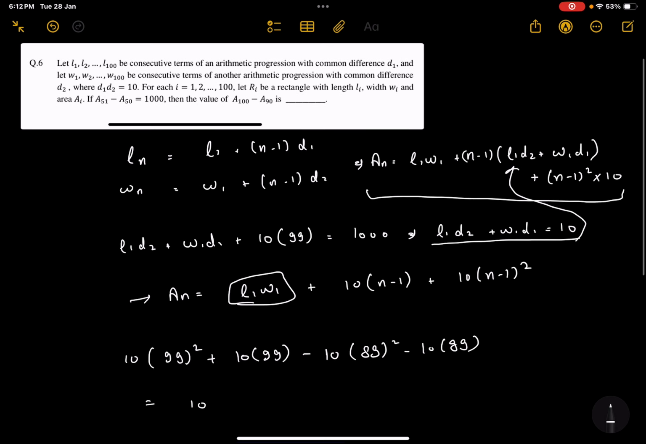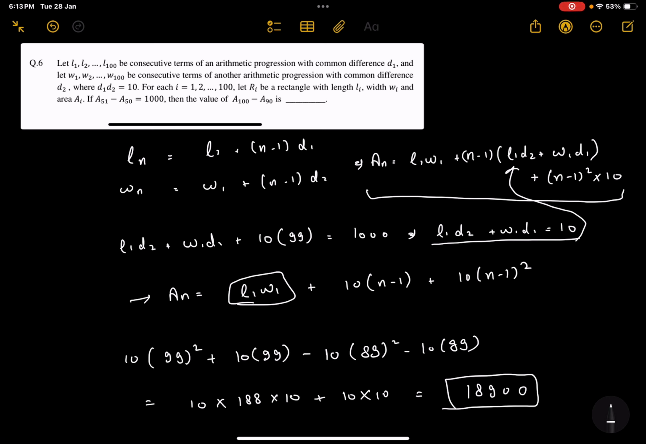which is 10 into 8 into 10 plus 10 into 10, 188, 10 times, 18900. Our answer is 18,900. Straightforward one. Definitely we can do this in the first